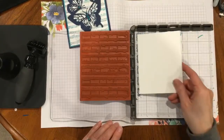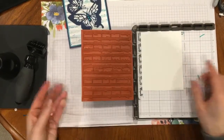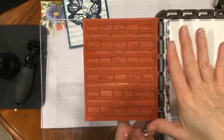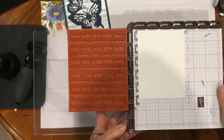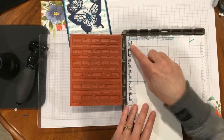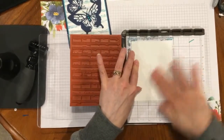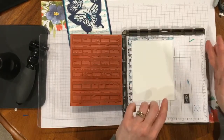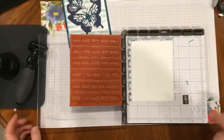Now, I don't want to butt up into the corner right away, because if you can see the background stamp, there's an edge along there, and I don't want any extra space along. I want my whole thing covered with notes and music. So what I've done is I just marked with a marker there a corner where I'm going to be putting my paper, and then I'm going to give it a rub so that it's going over top of those spots of temporary adhesive, and I'm going to make sure that my grid sheet is butted up into the corner, and I'm always going to be starting from there. All right, so